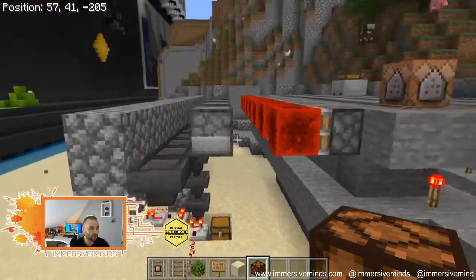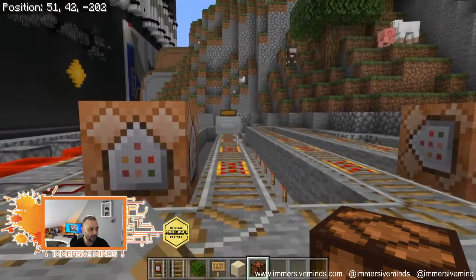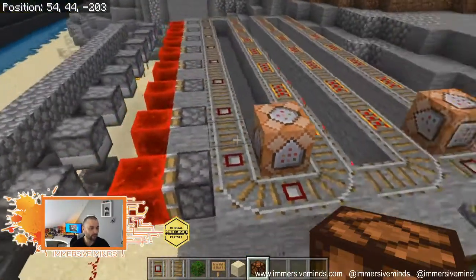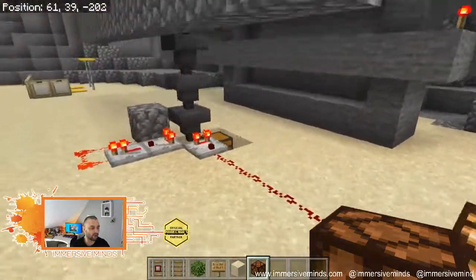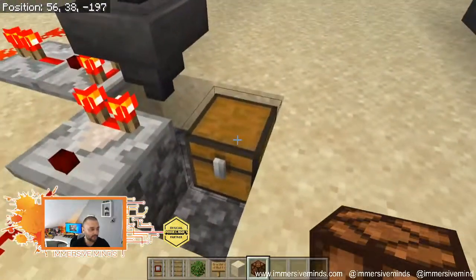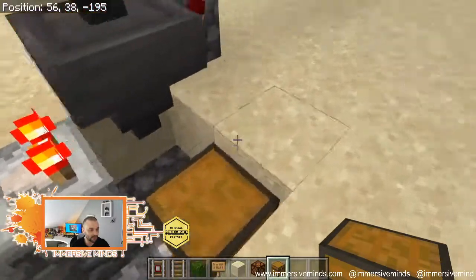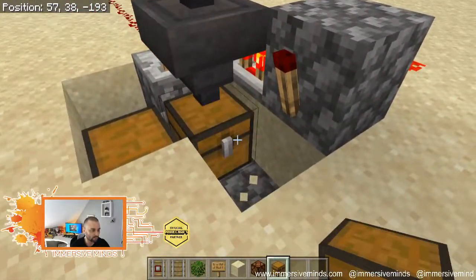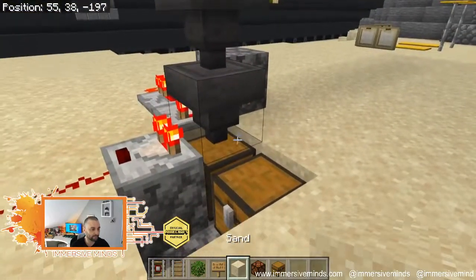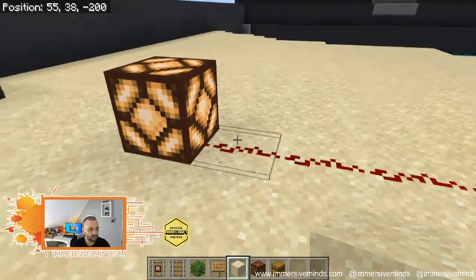The problem was we couldn't stop it, even if we stopped the minecart. So I'm just going to stop the minecart. The problem was we then ended up with this constant source of energy, because right now that's just sitting there. Now, if we put a chest underneath, it starts to deplete, and by definition, this runs out,